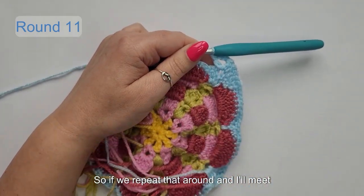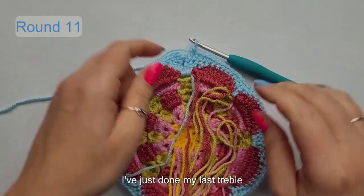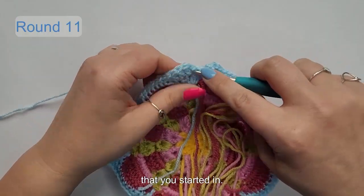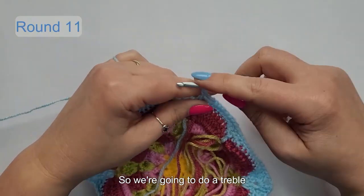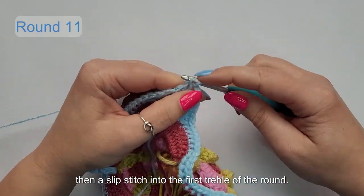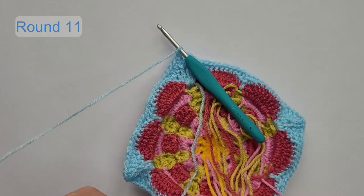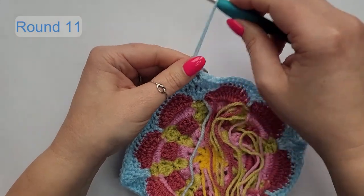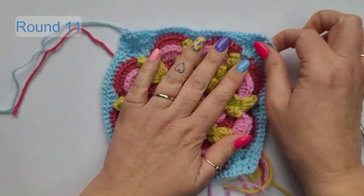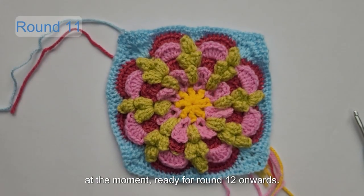So if we repeat that around, and I'll meet you back to finish off your last corner. I've just done my last treble of that side, so now I need to finish your last corner that you started in. So we're going to do a treble, chain 2, and then a slip stitch into the first treble of the round, and then we're going to fasten off your yarn, and then after round 11 you'll turn your work again. So that's what your flower square will look like at the moment, ready for round 12